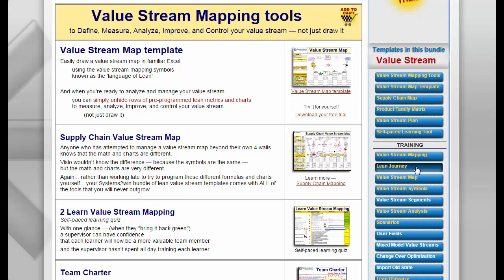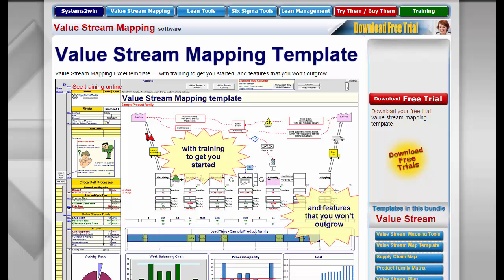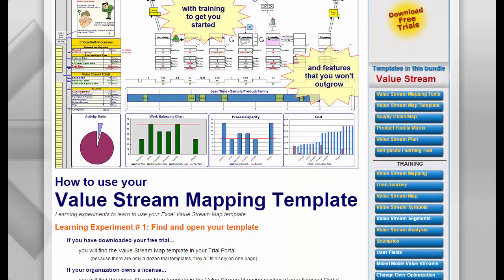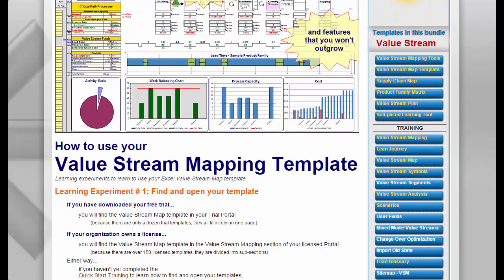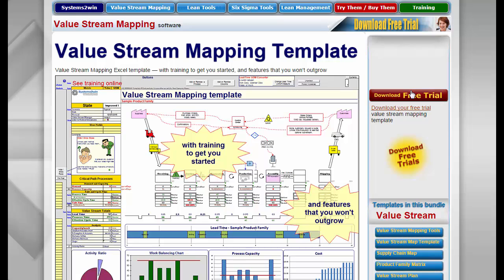By far the most popular template is the value stream mapping template itself. This page contains helpful instructions for how to use your value stream mapping template, which might be either the licensed version that your company already owns, or you can download the free trial and try it out.